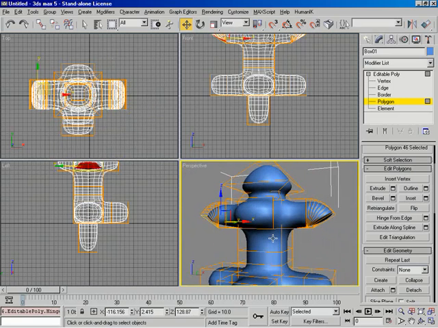Okay, so see what else can we do? Very powerful stuff, though. Oh, absolutely, man. This is great stuff for modeling. I would really recommend spending a lot of time inside this rollout practicing. Exactly. All right, so let's go ahead now and take a look at the Extrude Along Spline, another new feature